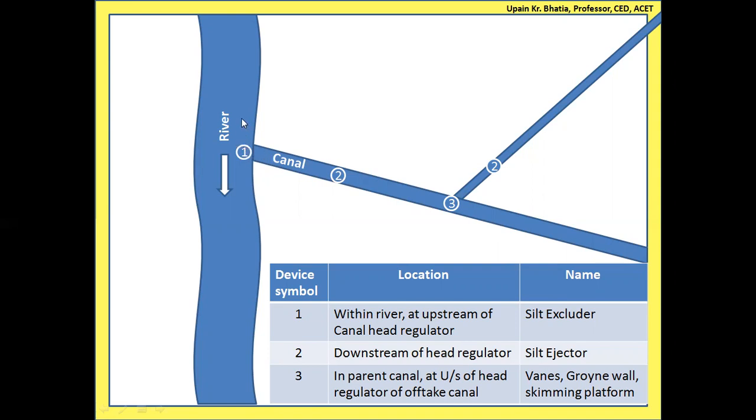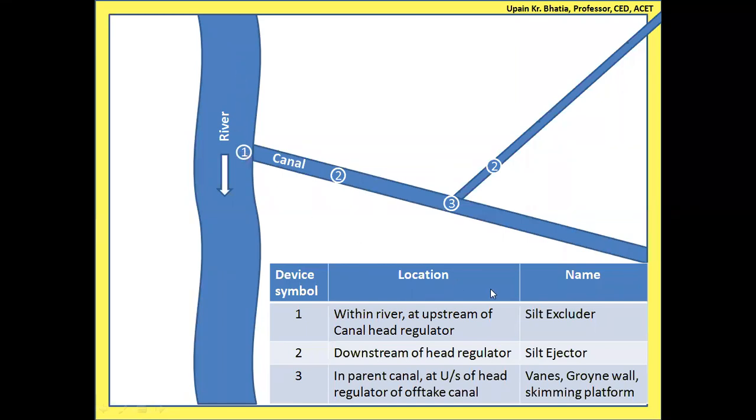If it is diverted from river to canal, then it was symboled as device 1. And device 3 is in an analogous position for a similar type of diversion, but this diversion is from canal to canal. So functionally, device 1 and 3 are of the same type. They are provided just before the diversion, but they are differentiated on account of the water channel from which the water is being diverted. If the channel from which the water is diverted is a river,